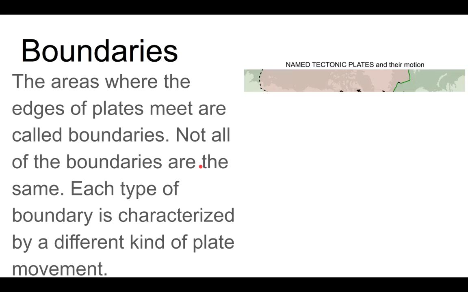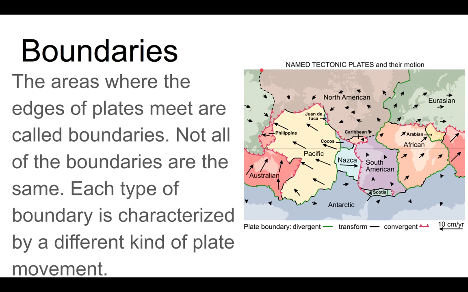Okay, so now we're going to talk about boundaries. Each of the tectonic plates, we talked about how they fit together like jigsaw pieces. Well, you know how when you're doing a puzzle, you still have different ends and boundaries of the pieces that go together. And that's the same thing for tectonic plates. They each have different boundaries. And the boundaries are the areas where the edges of the plates meet. And not all the boundaries are the same, and each type of boundary is characterized by